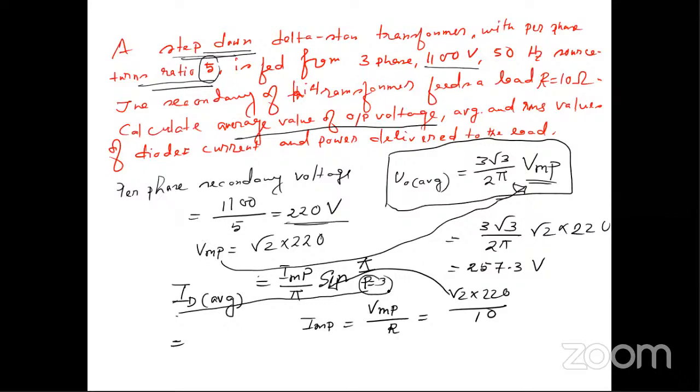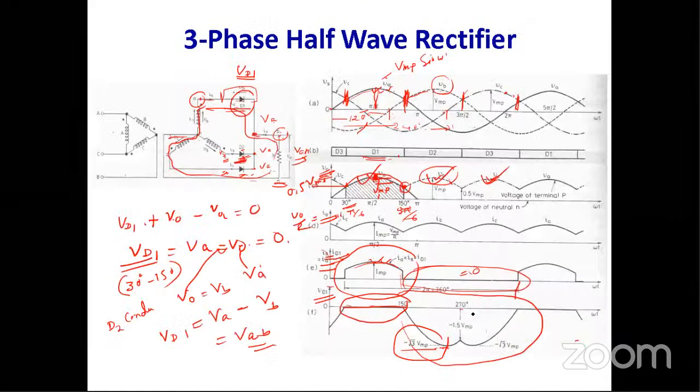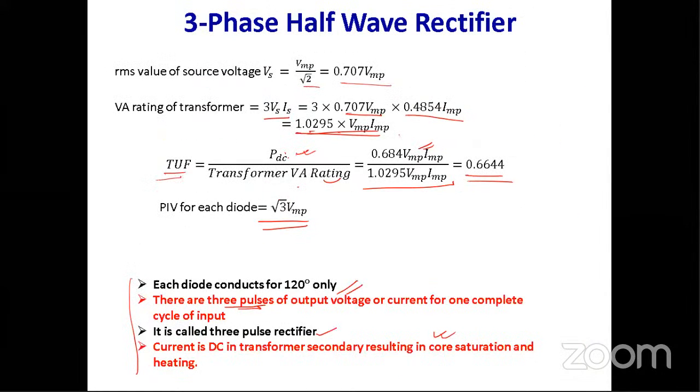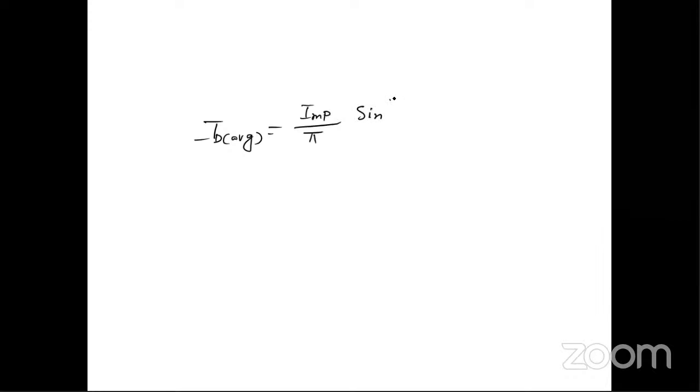পিটা এখানে ভ্যালু 3, মানে যদি তোমরা ডায়োড কারেন্টটা দেখো, আরেকবার ডায়োড কারেন্টে যাই, এই যে ডায়োড কারেন্টটা কোন জোন থেকে কোন জোন পজিটিভ আছে, সেটা হচ্ছে পাই বাই 3 থেকে পজিটিভ আছে, সেজন্য এই ফ্যাক্টরটা এখানে আসছে। তো এই আইডি অ্যাভারেজের এক্সপ্রেশনটা তোমরা খাতায় লিখে রাখো, সেটা হচ্ছে IMP বাই পাই sin পাই,